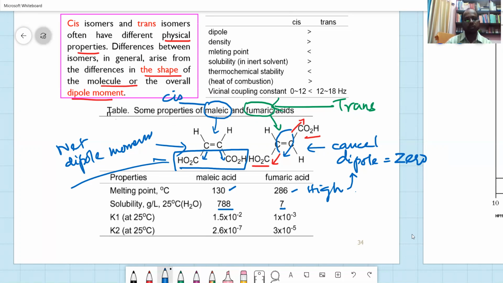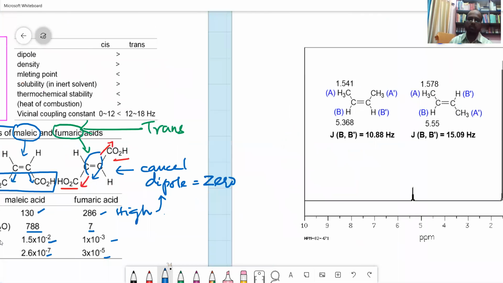If you have two COOH, there is the possibility of dehydration, steric hindrance, steric stability. All these things are there. So this is given in terms of the rate constants K1 and K2. You can see that this is higher and this is also higher. At 25 degrees C, it is very low and this one is there. So these are the kinetic studies which can help you identify the properties of the isomer.